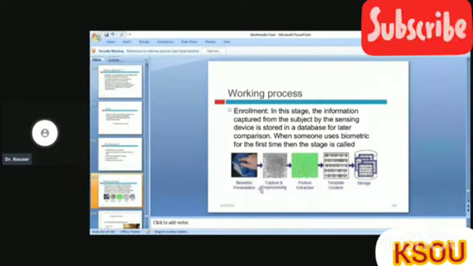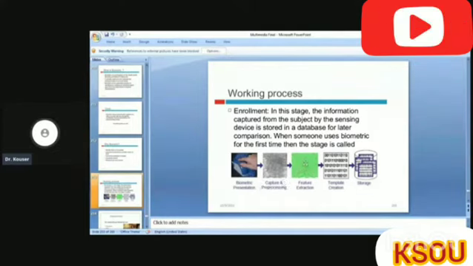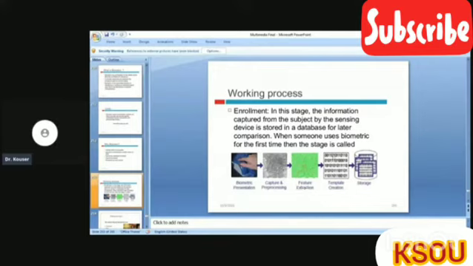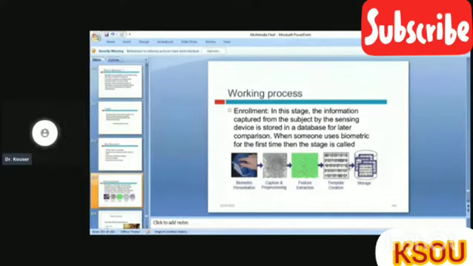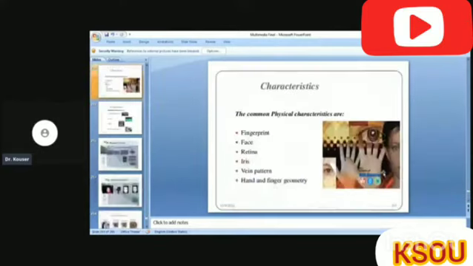When you capture it, it is not the actual fingerprint that gets matched. From the fingerprint, certain features are extracted and then a template is created. And whenever you give your fingerprint next, then again a template is created for that. And the two templates are matched. And if they match properly, only then you are authenticated to use a particular application or a device.